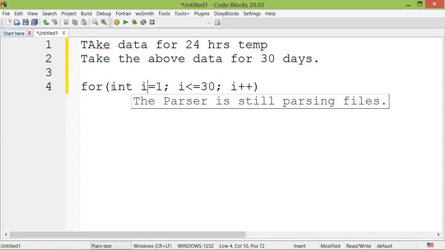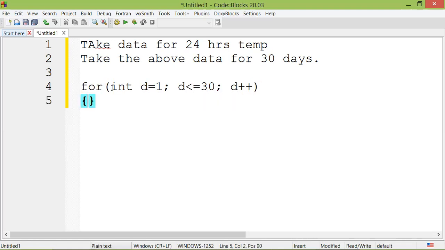Okay, so if you don't write I, no problem, rather you say month M, so it will be easier for you. So M is the variable denoting month, or actually it is better to write day, not month. Day 1 to day 30, and day will increase, and within that part what you will do,